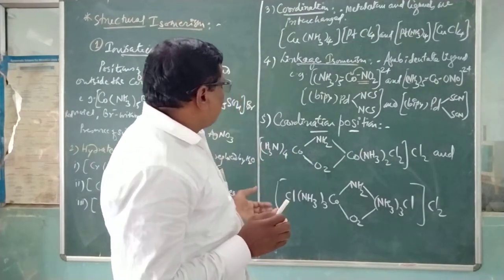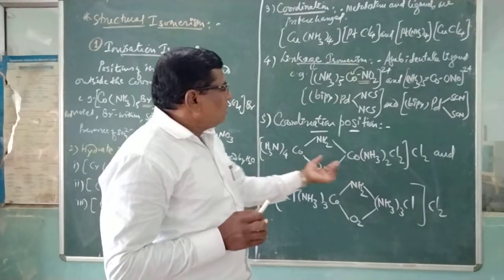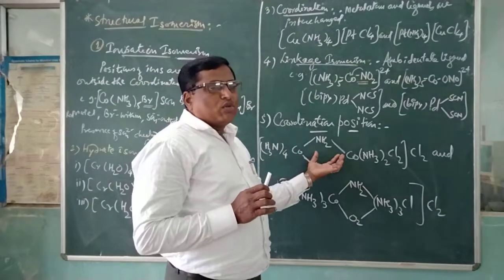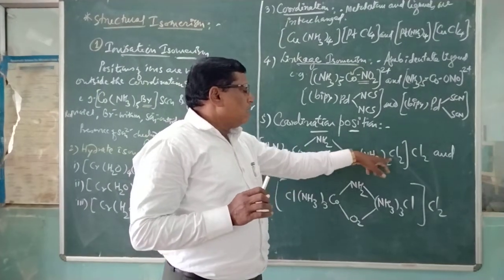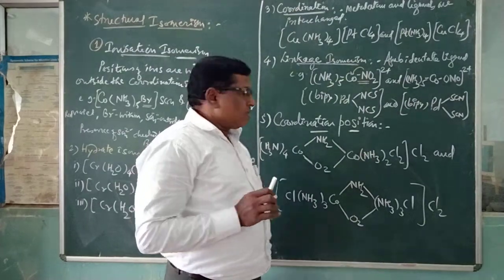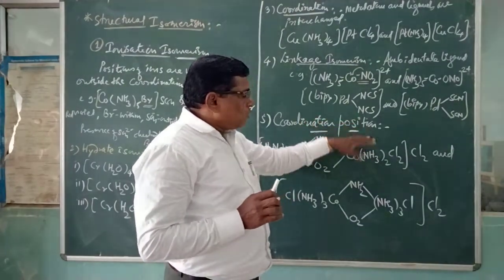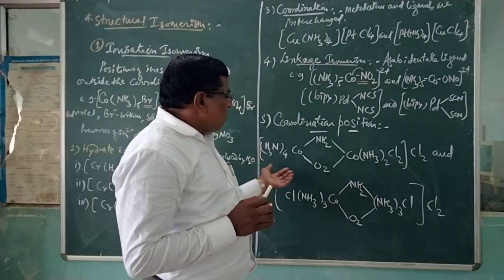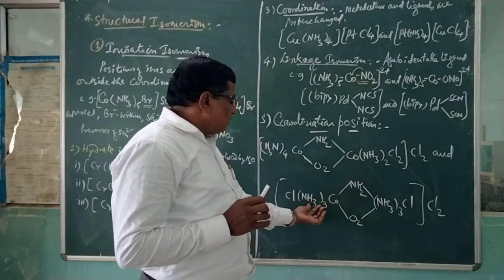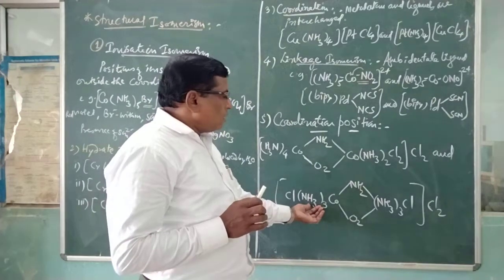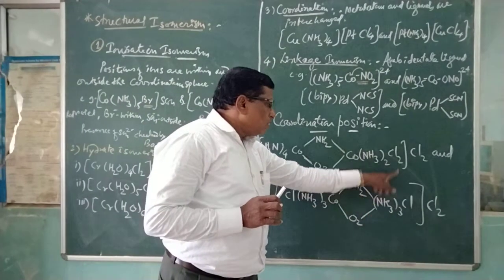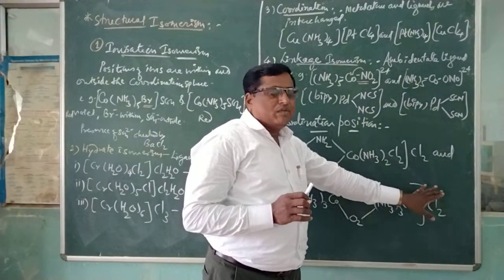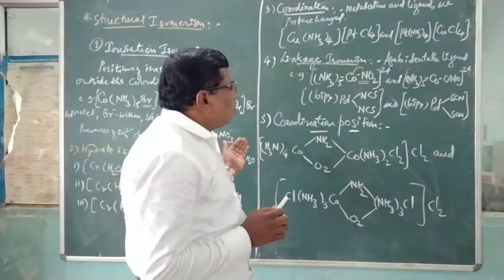Now we should see the first complex here: 4 ammonia ligands here, 2 ammonia here, totally 6 ammonia ligands. A dicobalt molecule, so 2 cobalt can be taken. Again 2 Cl can be taken. And the coordination position can be changed in the case of the second complex. In the same complex, among the 6 ammonia ligands, we have taken 3 ammonia ligands here and 3 ammonia ligands here. 1 Cl here, 1 Cl here. Outside will be the same, and therefore it is called coordination position